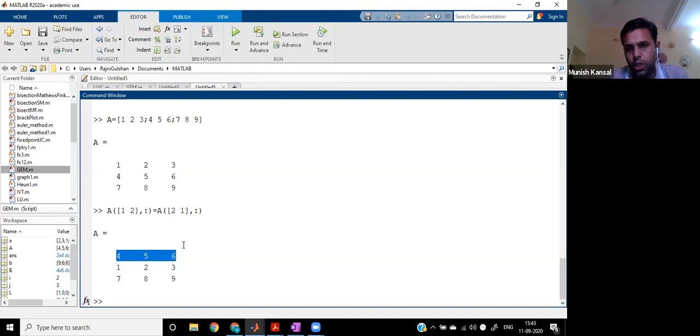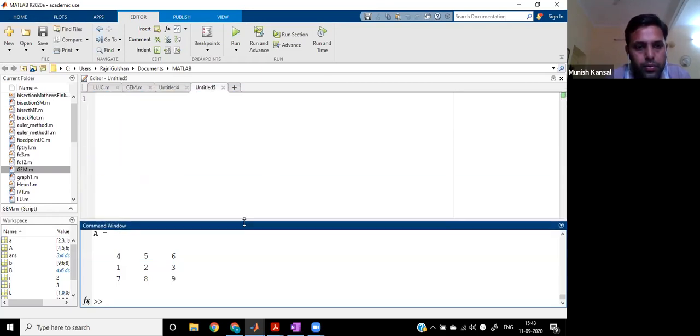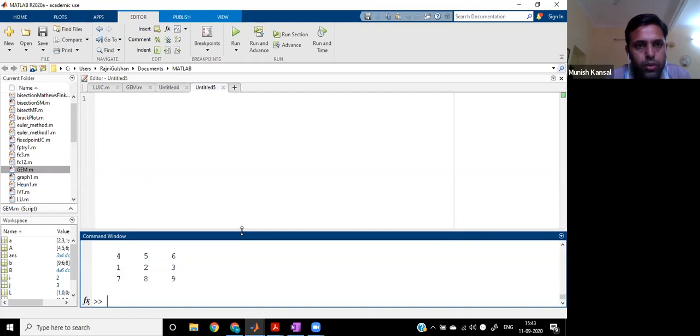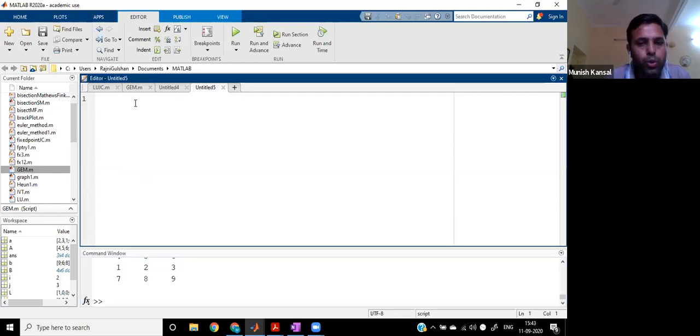So this I will need in the case of pivoting. I will do one question with you. So there we will need this command, right? How to interchange two rows, right? So that will be discussed later on. Now let me write down the program for you, which is helpful in finding L and U, right?